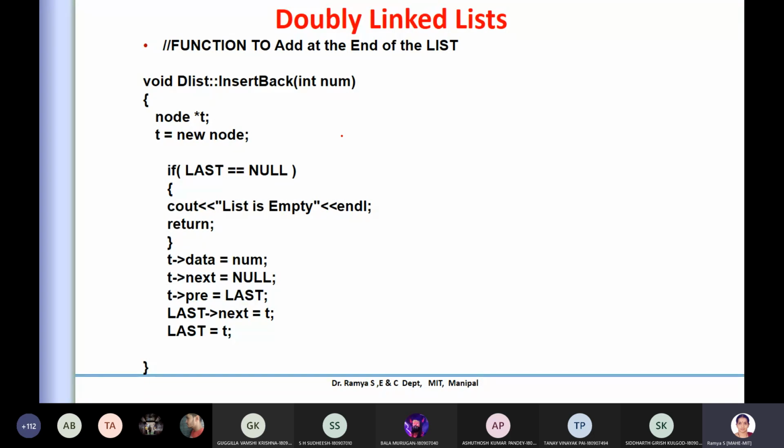But in a doubly linked list, you have to take two more steps: one to update your header value as well as the beginning, previous value and the next values. Okay, so some more additional programming or steps are required in the doubly linked list. That's the reason it is complex. Okay, but still it is being used for some examples or some applications.